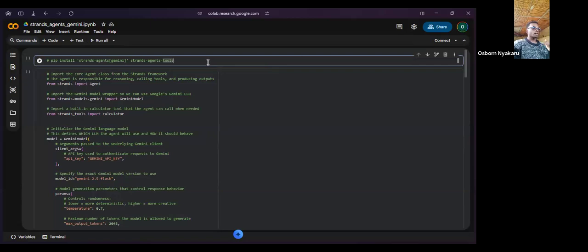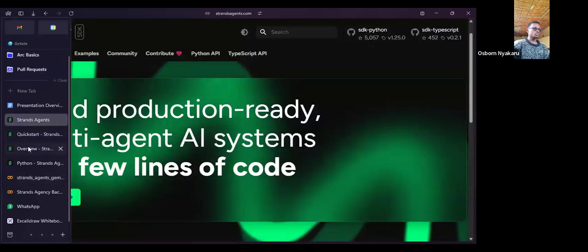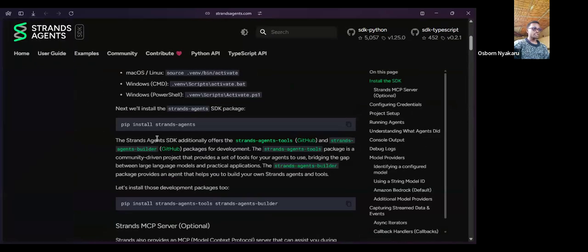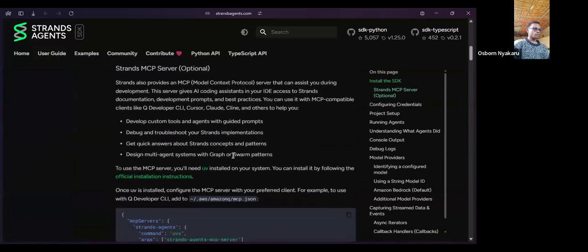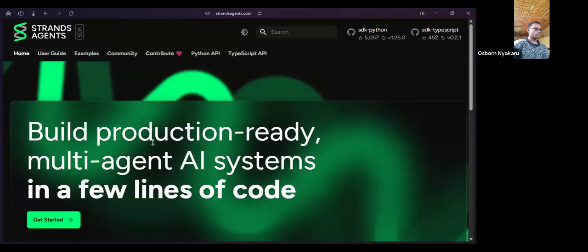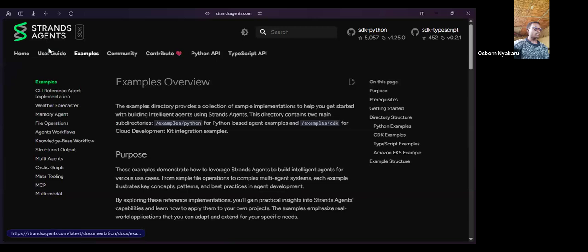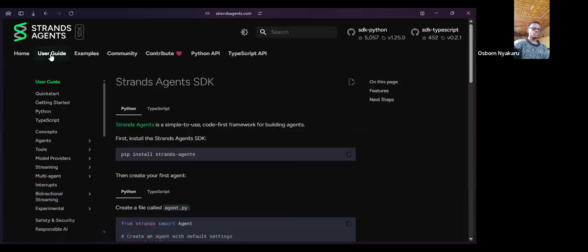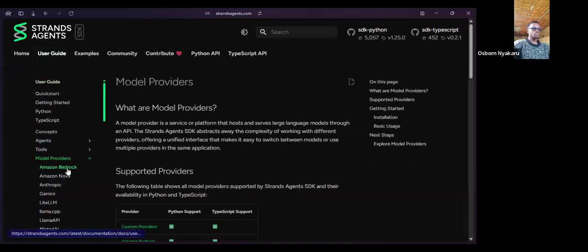And if you want a good place to start to know how to navigate and use Strands agents, it is the documentation. So there are different model providers which give you access to the large language model.